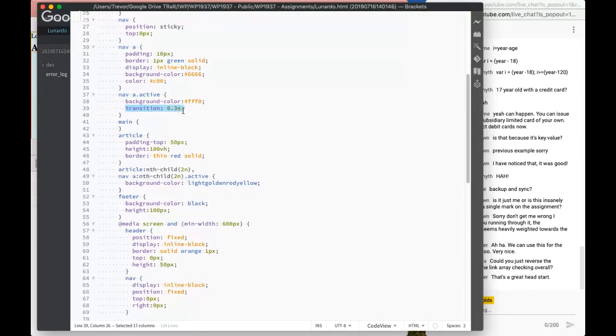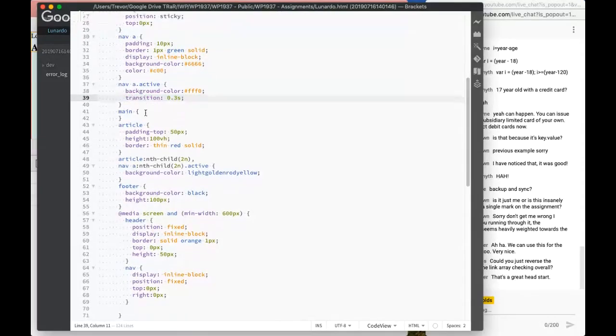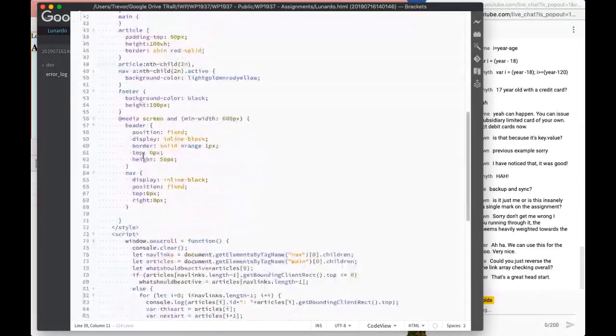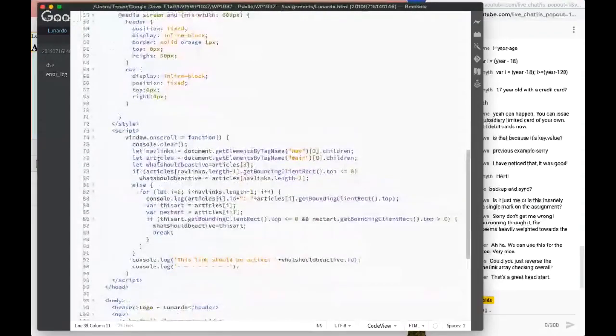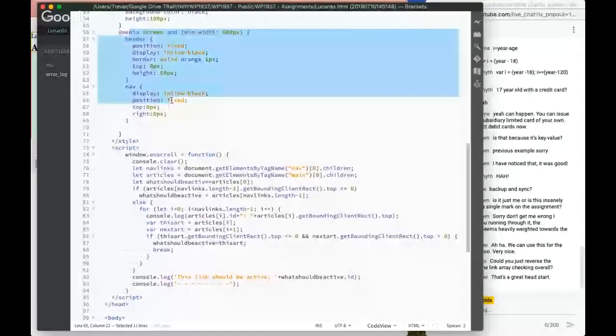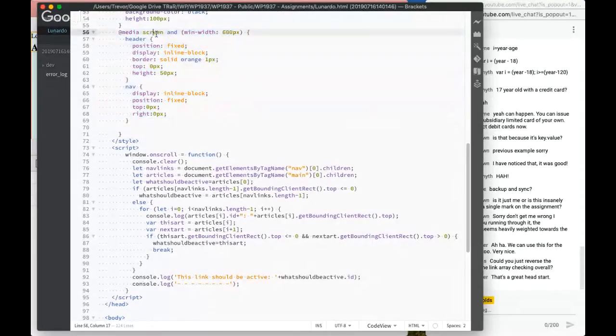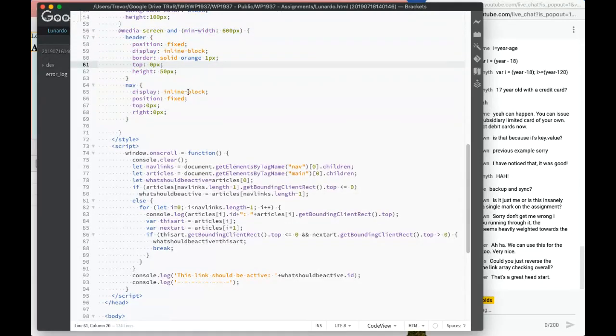And, oh, this is a bit of a bonus. I want the background color to take 0.3 seconds to transition from one color to another. So that's a bit of a bonus. If we had more time on CSS, I'd definitely teach all this cool stuff. So that will just give you a nice little effect. What the hell was I doing here? Oh, that's right. I think maybe in a smaller screen, I've got like a single, I can't remember now. There's probably a reason for that,